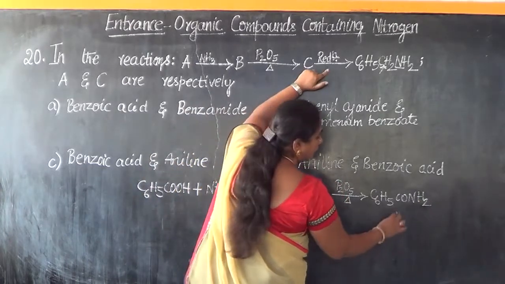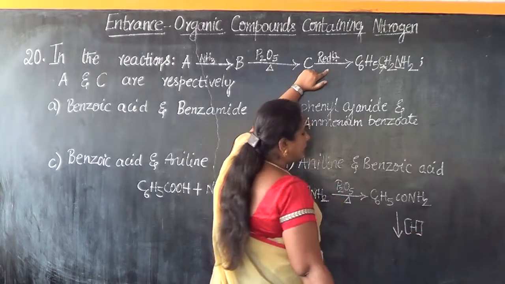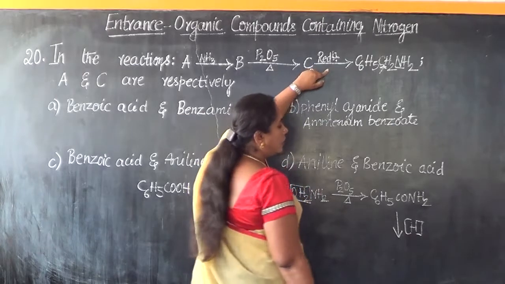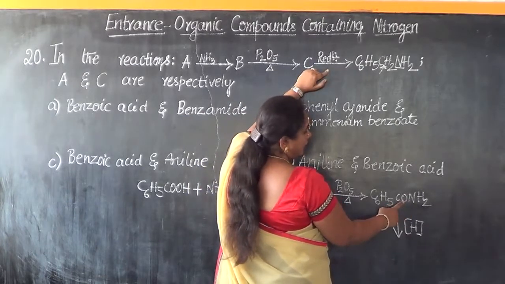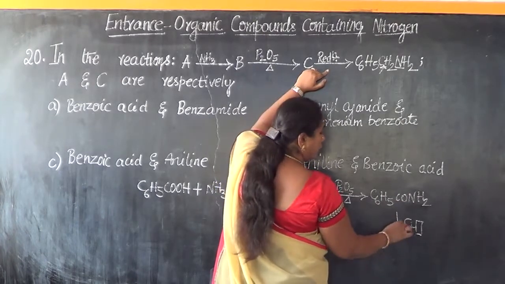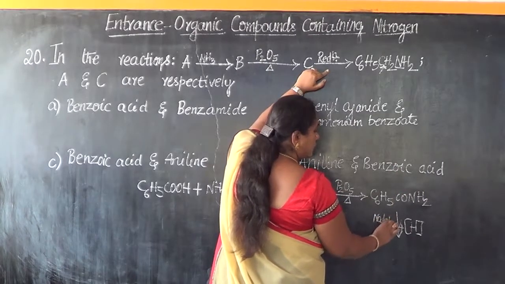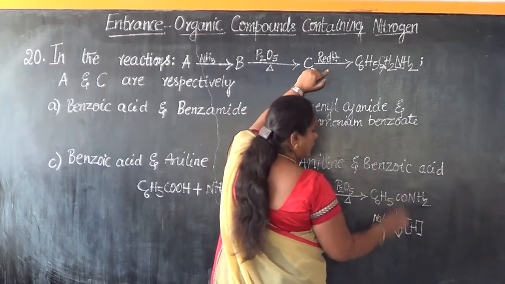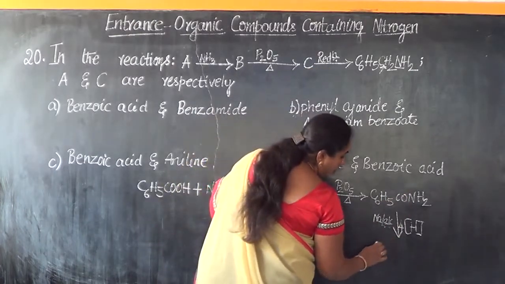C is subjected to the process of reduction. So this is subjected to the process of reduction. Now what will happen? 2 hydrogen will take this place, and then 2 more hydrogen will react with this oxygen and comes out as water. So 4 nascent hydrogen to be carried out in presence of a suitable reducing agent. Sodium in alcohol or tin with HCl, any of them.